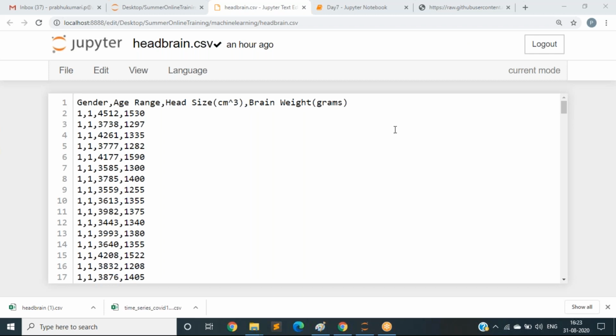Regression means the data should not have just ones or zeros. It should have continuous values. In regression, you will have continuous values only.